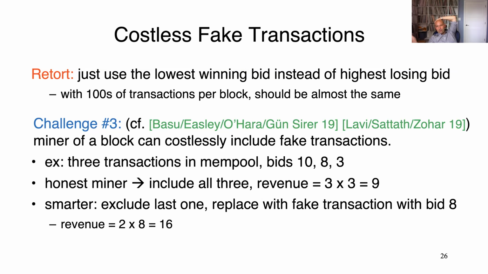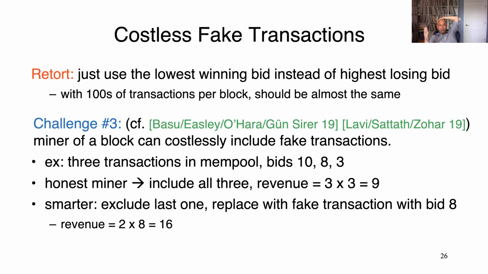Now the third transaction is a fake one. You have to pay that 8 anyway, so that really doesn't count. But you still boosted your revenue. You're getting 16 from the 2 real transactions when before you were getting only 9. Okay. And I want to emphasize, not only is this a potential revenue boosting deviation for